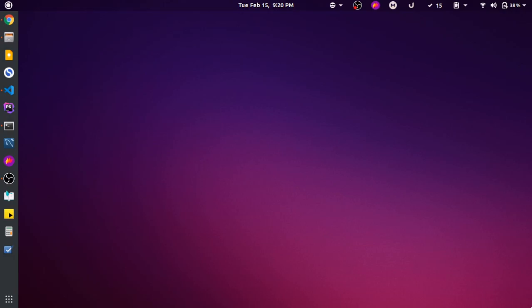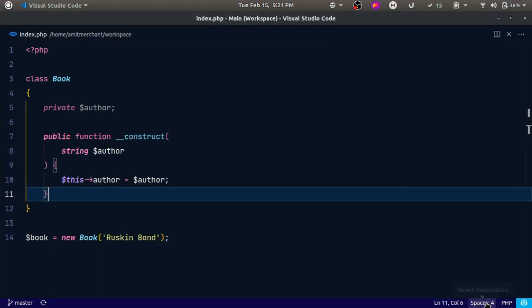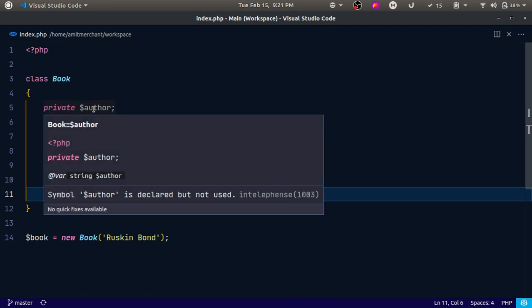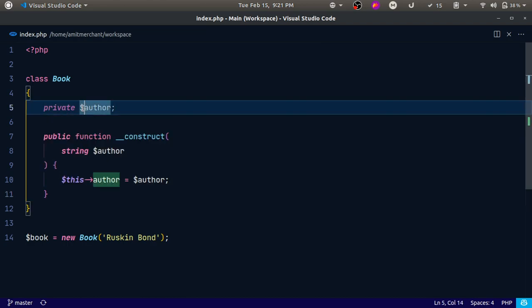So traditionally, if you want to make any class property non-assignable outside of the class in PHP, the way that you can accomplish this is by making that property private. So let's say we have this class called Book and we have a property called author. We can make it private, and by making it private we ensure that this property won't be assignable